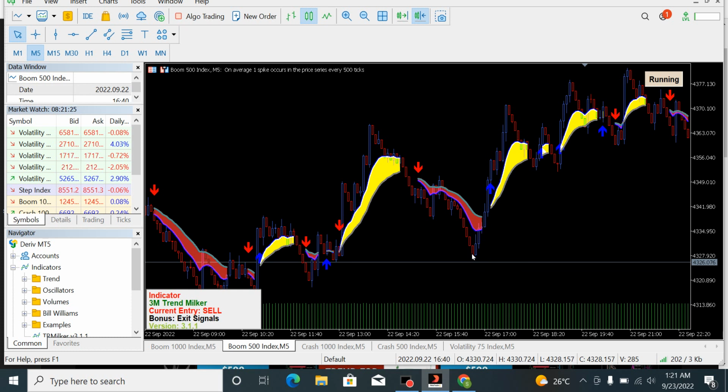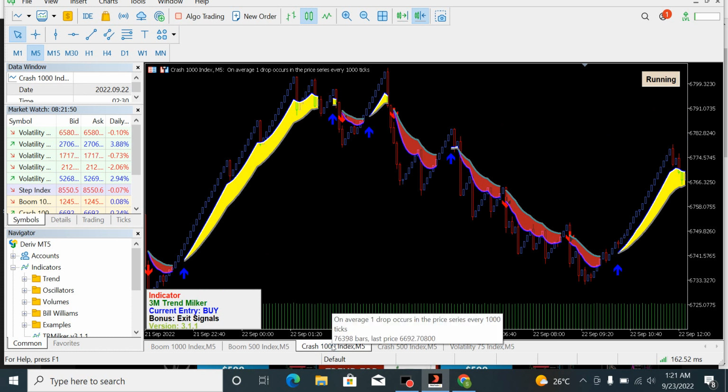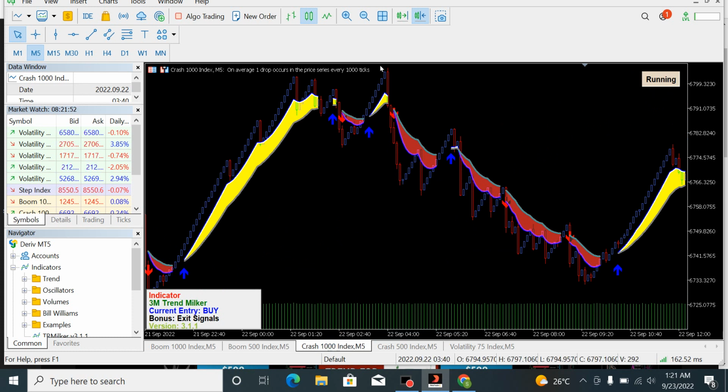So there will be breakouts, but in most cases you should expect it to respect the price action at that point. But once there is a breakout, there is nothing anyone can do about it, so you should have that at the back of your mind. Then another thing you need to know is that for crash, spikes usually happen around the resistance zone. You can see these spikes happening around this resistance zone, so all these are very important.